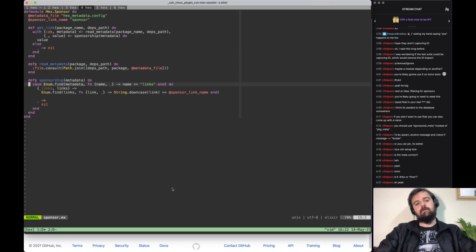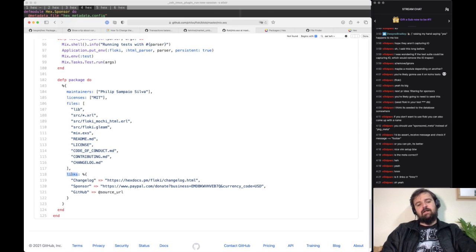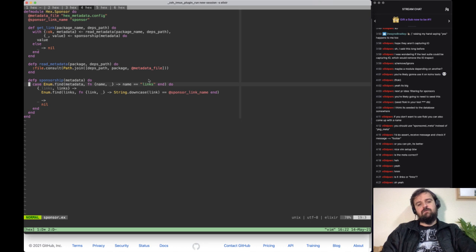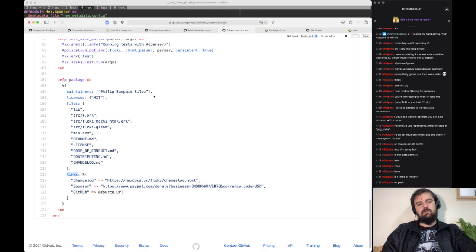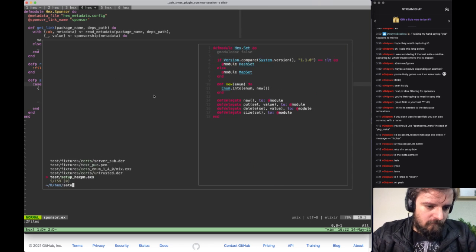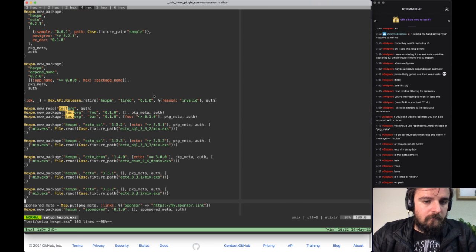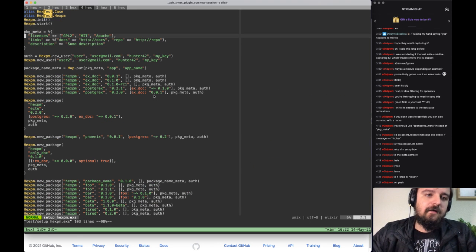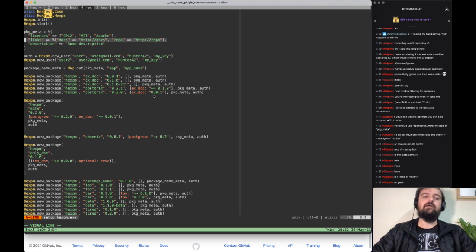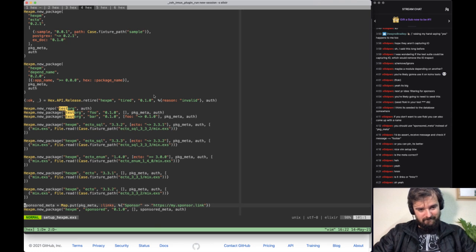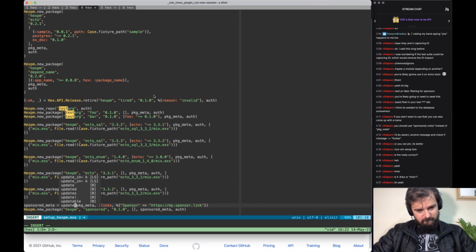It checks for, maybe when saving to the file, this gets converted to a string. Let me see. Setup hexpm. So yeah, because all the other here. It is. So I guess I can do this update in, update put in